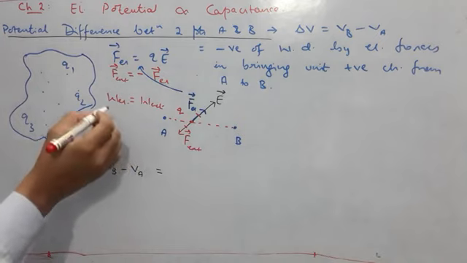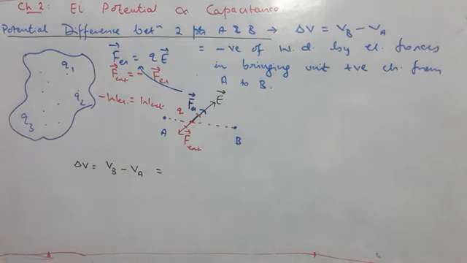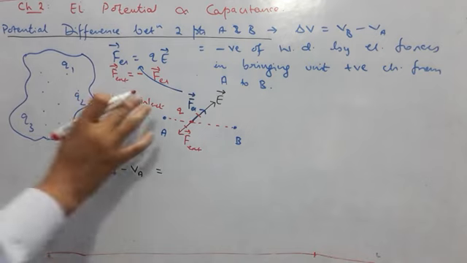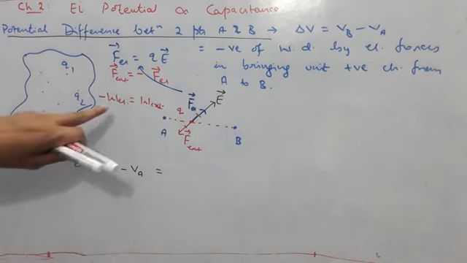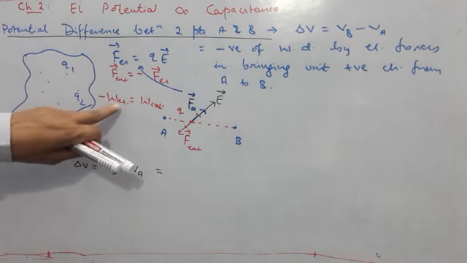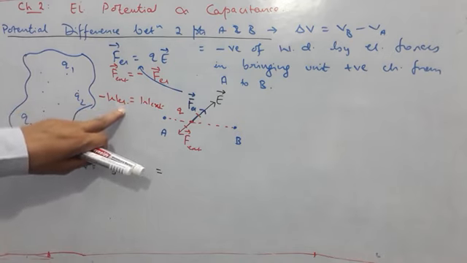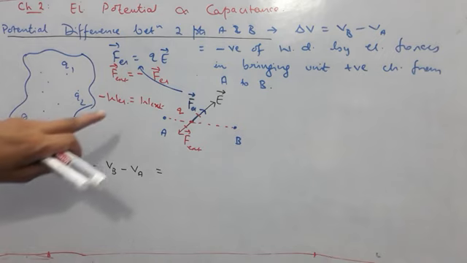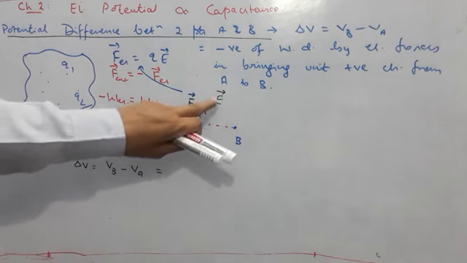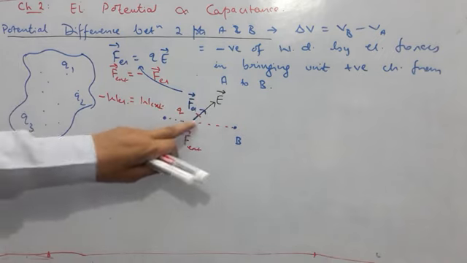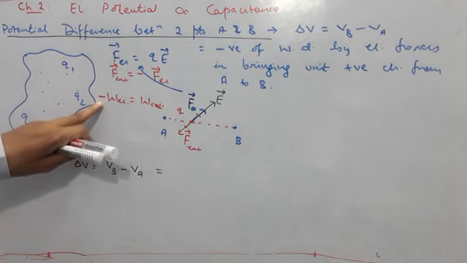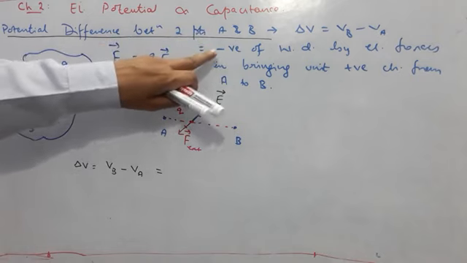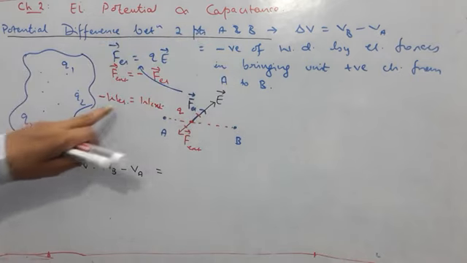Since they have opposite directions, I must put negative sign over here, so that we have the external work, whatever work it does, that will be negative of the work done by electrical forces. So remember students, two agents are doing work. One is the electric field, other is the person who is taking the charge. Their works will be opposite in sign. The definition is this: it is defined as negative of work done by electrical forces.